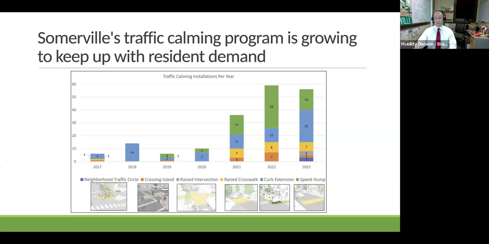We decided as a community that we cannot accept a status quo that involves terrible, life-altering crashes as routine or inevitable. We have the power to save lives, and it involves the work that the mayor described, improving the pace of construction of life-saving traffic calming infrastructure.